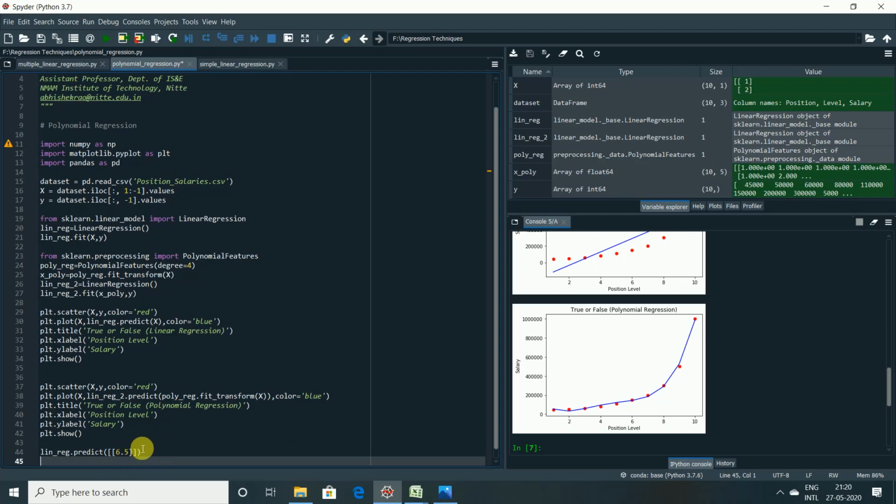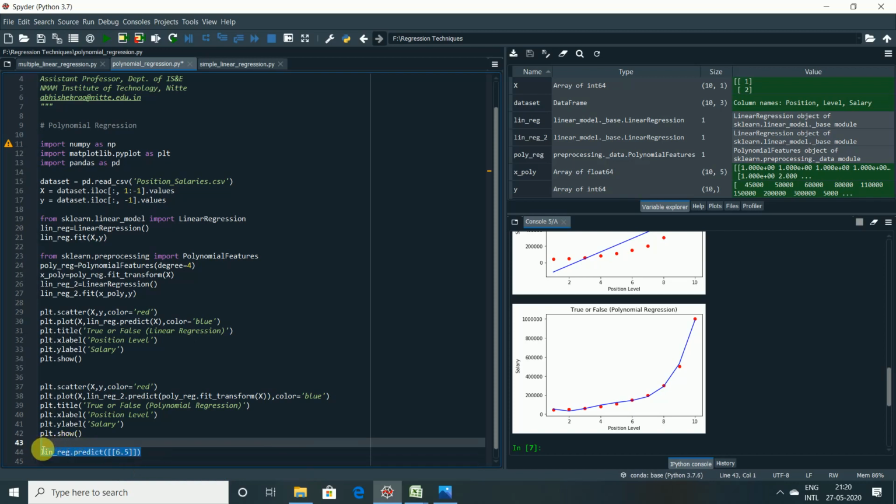Thus we provide the pair of square brackets to make it an array, because a single pair will create a list. But in order to create an array, we provide 2 pairs of brackets, where the first pair corresponds to the first dimension, that is the row. The second pair corresponds to the columns here. Now we will execute this line.